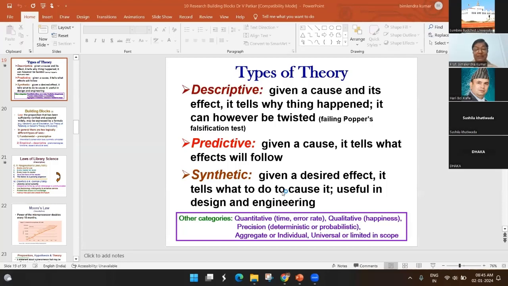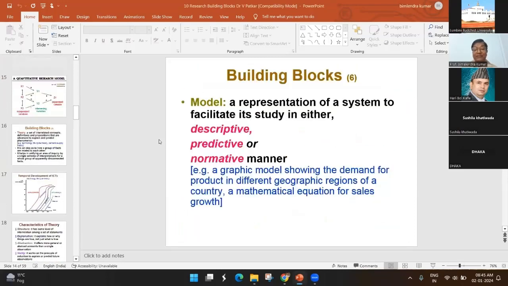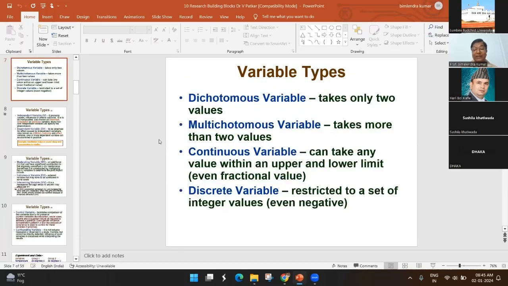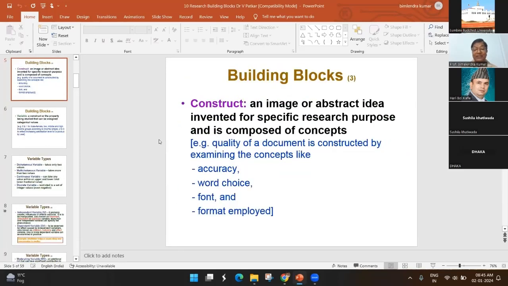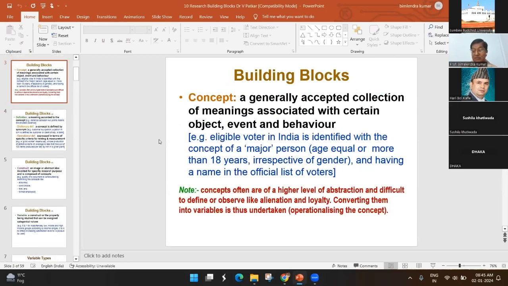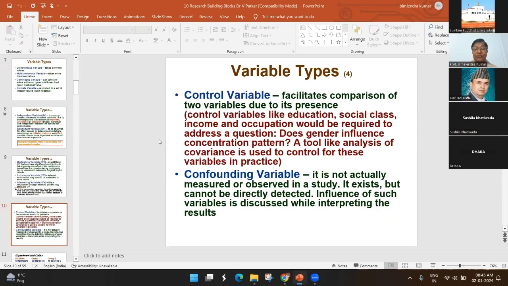So we had discussed the methods of research. If you remember, we had discussed how things are coming for the research. We are discussing what the concept is and what the definitions are. We had discussed that in the last class. Today we are going to discuss